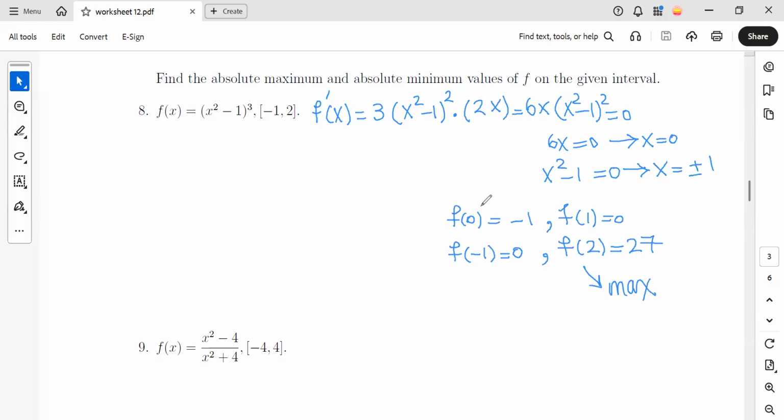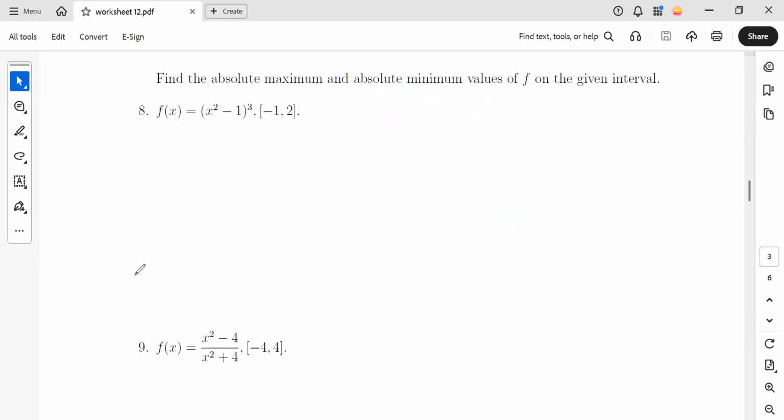And the least one, which is -1, is the absolute minimum. So this is absolute minimum, this is absolute maximum. And you can use sign chart also if you want. Number 9